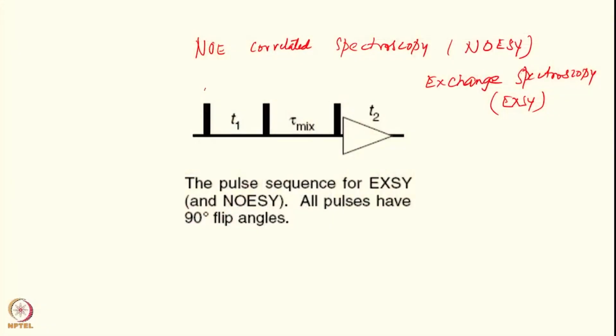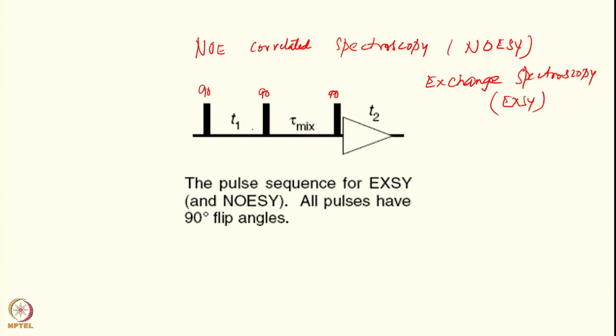Now, how does this work? This is the pulse sequence indicated here. You have a first 90-degree pulse, another 90 and a third 90. There are 3 90-degree pulses here, just like in the COSY we had 2 90-degree pulses. Double quantum filtered COSY also had 3 pulses, but now we have a particular time period called the mixing period. You start the pulse sequence with a 90-degree pulse which creates a transverse magnetization, and after the transverse magnetization